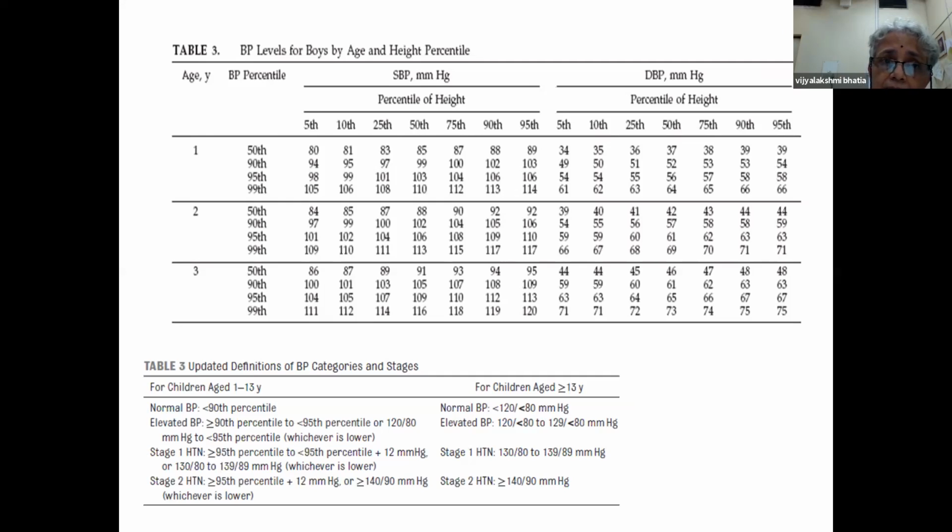So you can see that this is a table for boys. Like this, there will be a different table for girls. Then you can see on the left-hand side, age. So the blood pressure for viewing hypertension, hypotension, etc. is different for a 1-year-old, 2-year-old, 3-year-old, etc. Then we can note that the blood pressure